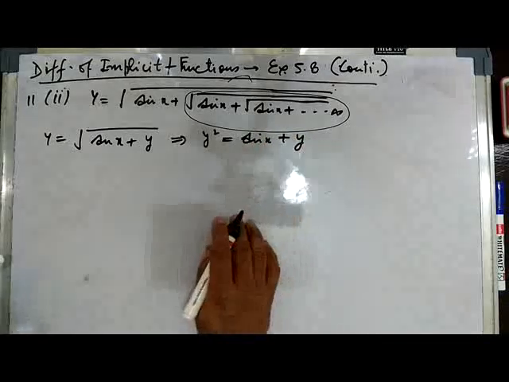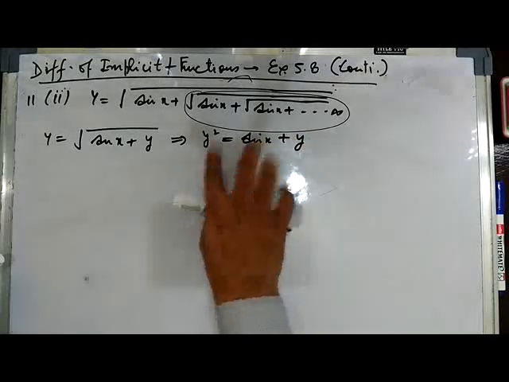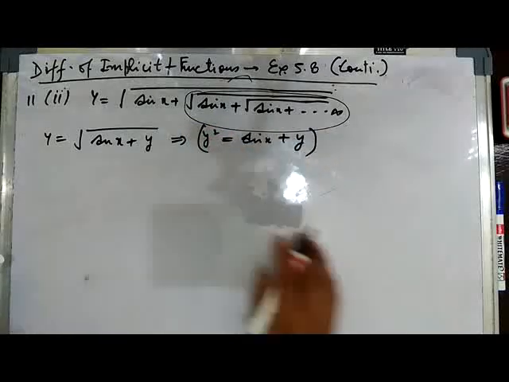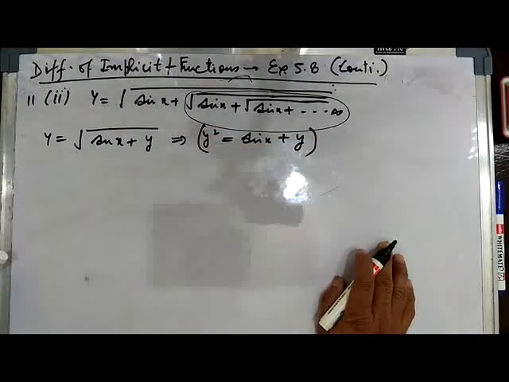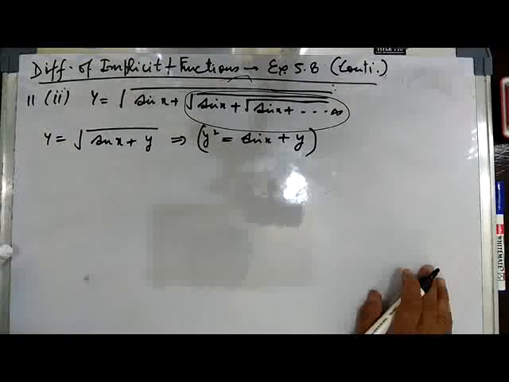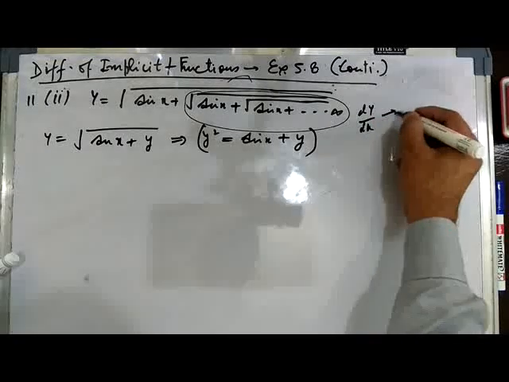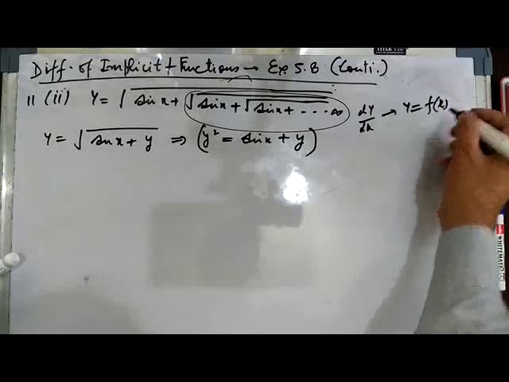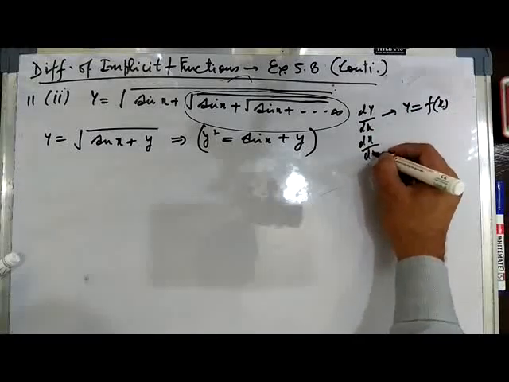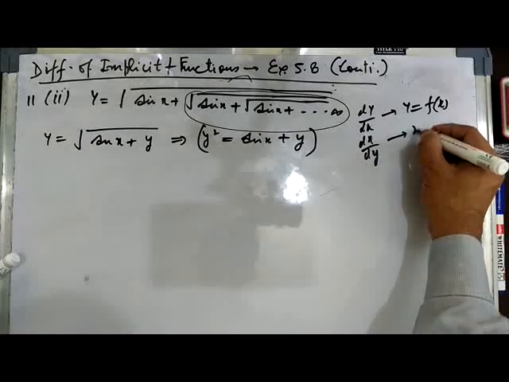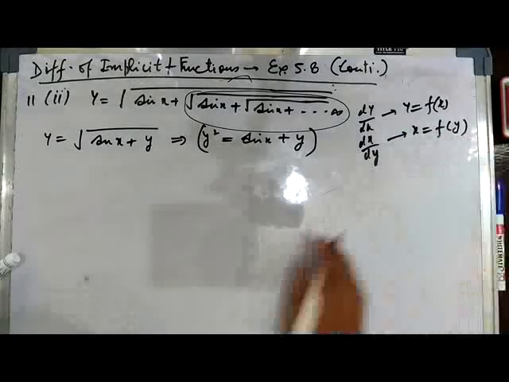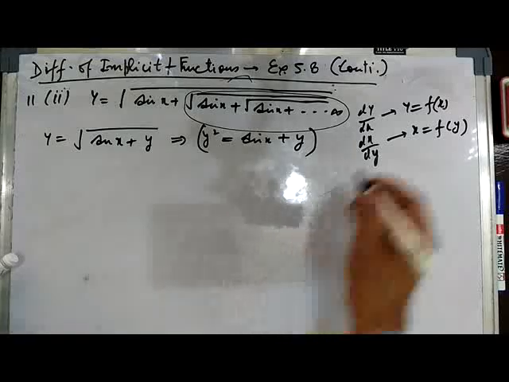Now it becomes an implicit function because x and y are both mixed. We are not able to distinguish whether y is a function of x or x is a function of y. However, the requirement tells us whether we have to take y as a function of x or x as a function of y. For example, if dy/dx, then we have to understand y is a function of x, and if somebody needs dx/dy, then he has to take x as a function of y. Since we have to find dy